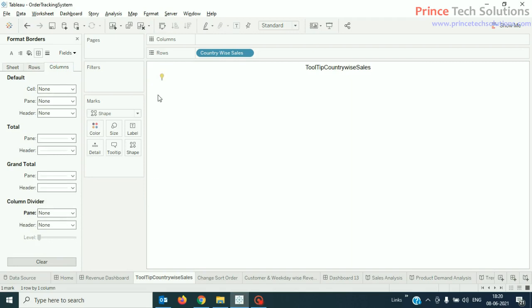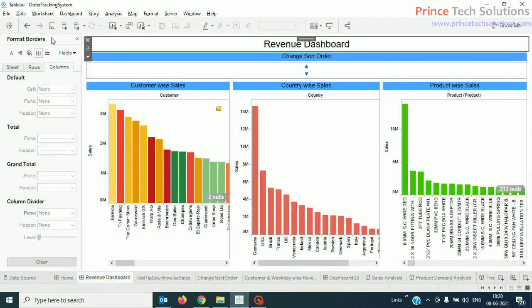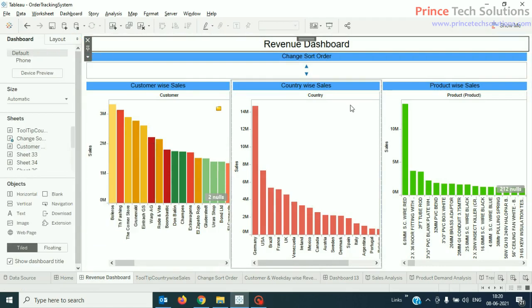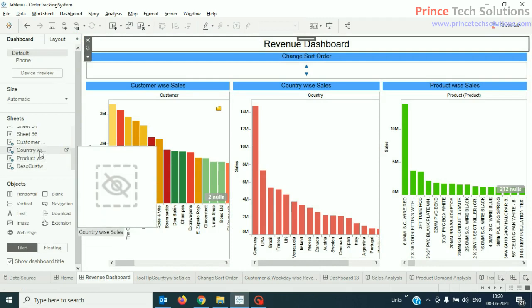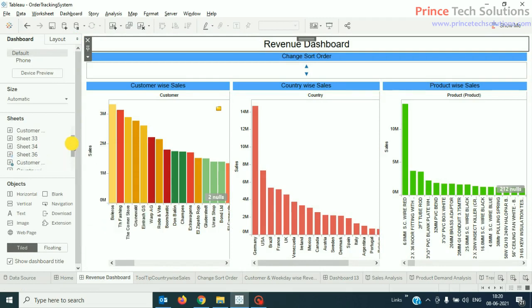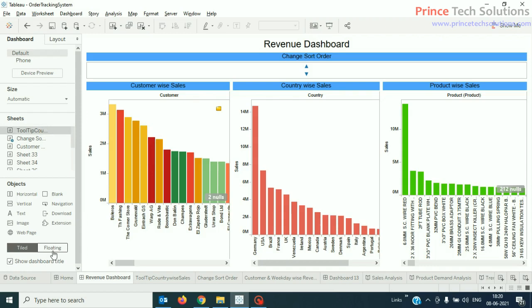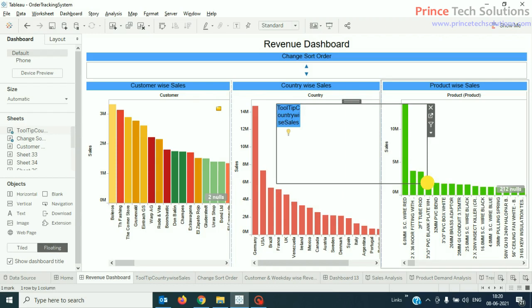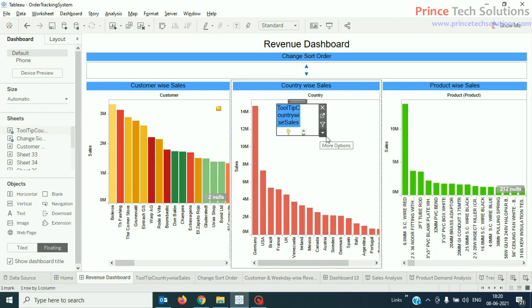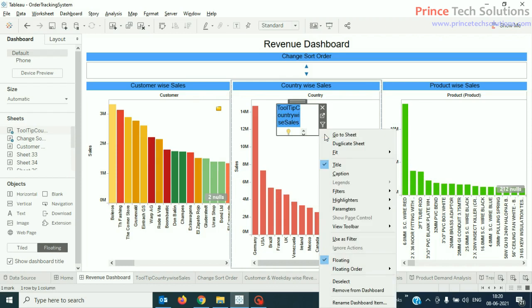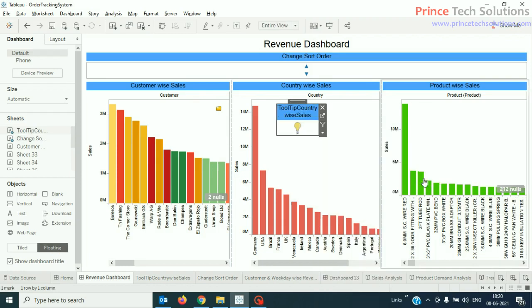bulb, as you see. Now when I'm hovering on this, as you can see, the tooltip is displaying beautifully on this bulb. Now I can simply add that sheet to my object. So it has to be added in floating mode. I'll simply drag this over here. So first of all, I have to do some customizations over here, like I have to make it fit entire view. Then